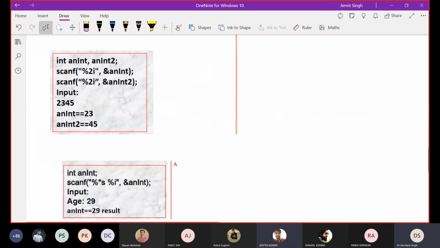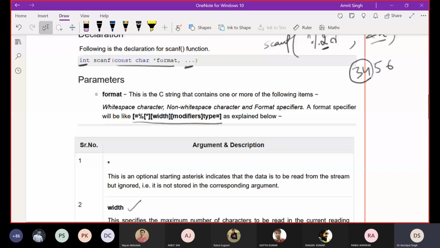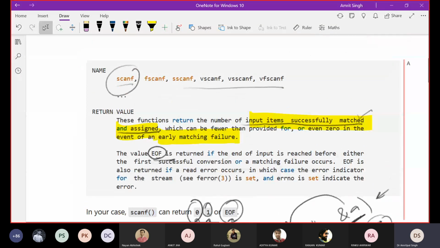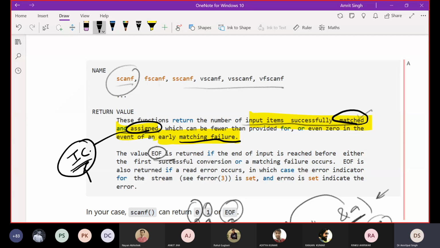So the reason of this is that there is a mismatch. It only returns 0 when there is a matching failure. That means what you have defined in format is not matched and assigned. Actually, in this assignment, your implicit conversion works, but due to some issues, this implicit conversion may fail.